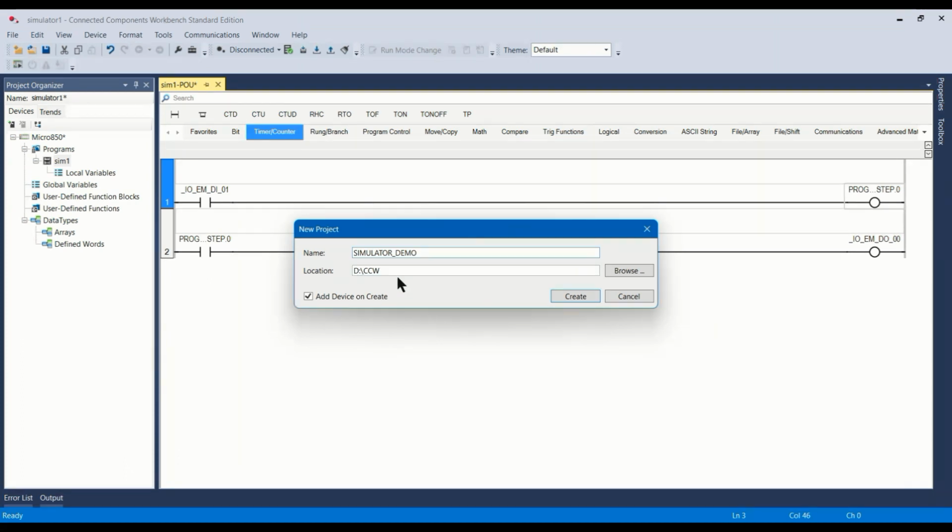In a future video I'll show you how to set that up so that it's automatically where you want it as opposed to where the computer puts it, which in my case it will default it to the cloud, and I don't want my files on the cloud. So you can also hit the browse button and direct it to go into a particular location. So we're going to hit create